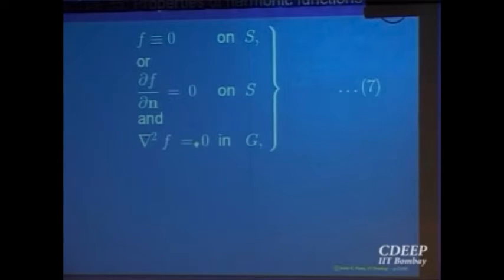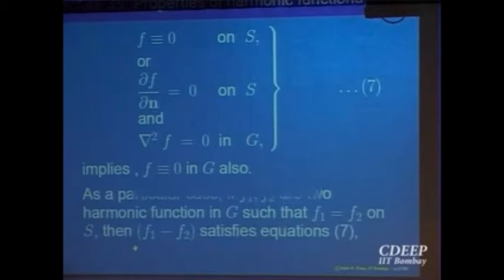Del square f is equal to 0, and you are given a boundary condition that on the boundary either f is equal to 0 or the directional derivative in the direction of n is equal to 0, right? Then you are able to solve this equation, right? This partial differential equation with this boundary condition has a solution, namely f must be a constant function, and 0 if the first one is satisfied. Okay?